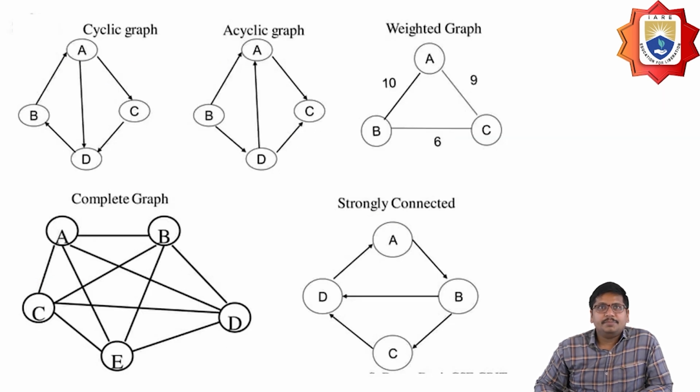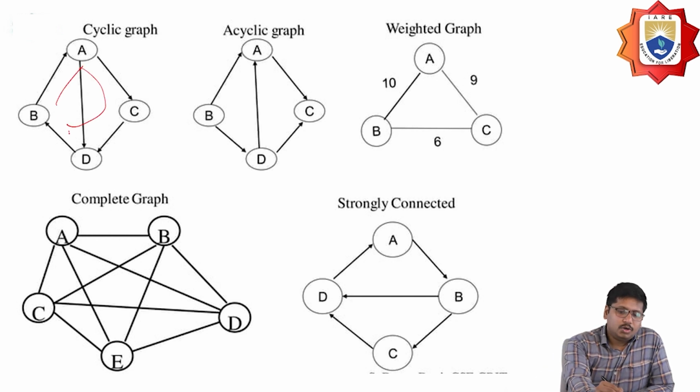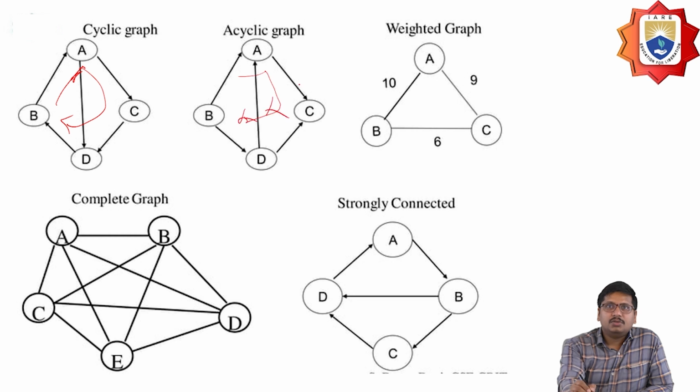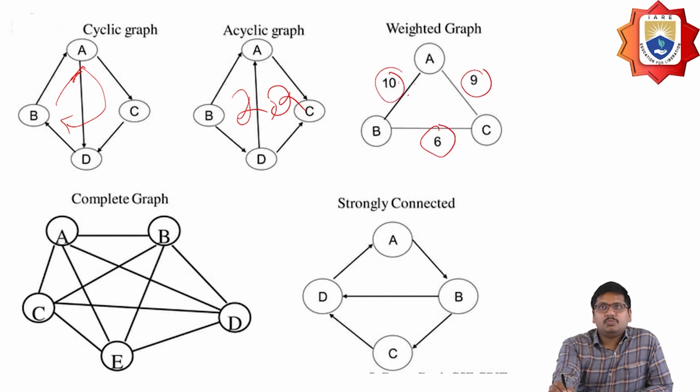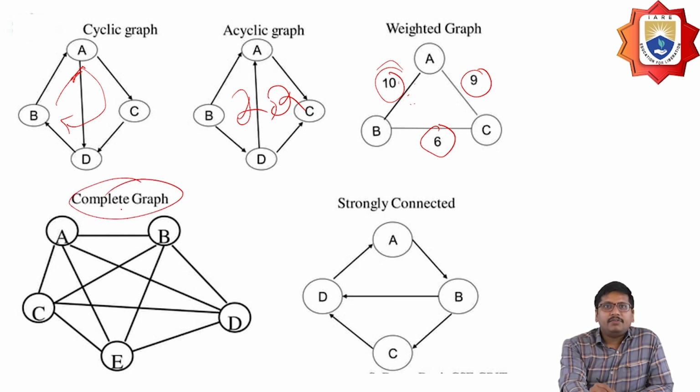Let us see some different types of graphs. A cyclic graph is one where the graph contains a cycle. Where the graph does not contain any cycle, it is called acyclic. There is no cycle here, and no cycle here either. A weighted graph means that whenever the edges carry weights, it is called a weighted graph. A graph which holds weights on the edges between vertices is called a weighted graph. And the complete graph is that